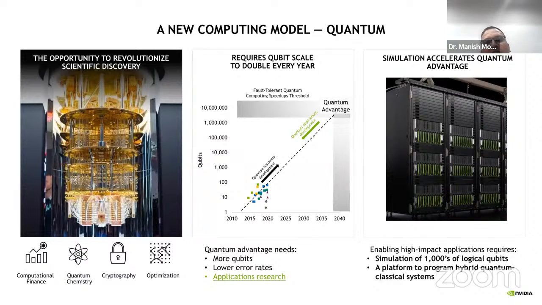We should have, say, around 1000 qubits by 2025 and 10,000 by 2030 and so on. Those many qubits we need, that should be fault tolerant, and then we should see the quantum advantage with that, right? So those things are going on right now. The work is going on towards the quantum computer with those qubits. But then with that, there is a need and there is an advantage to have quantum simulators, right?